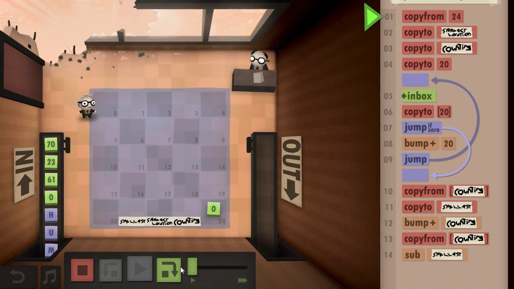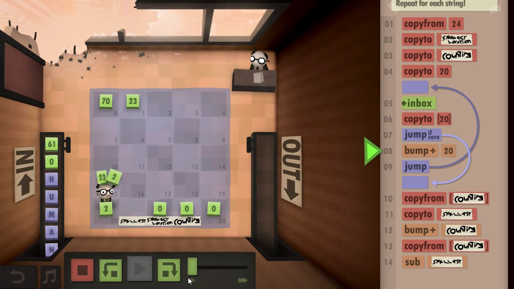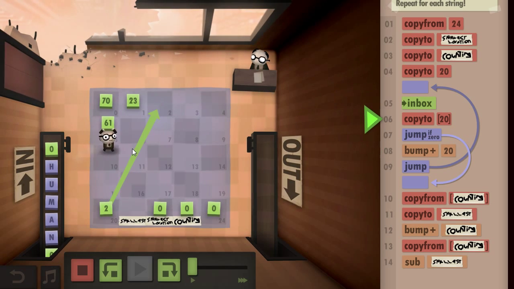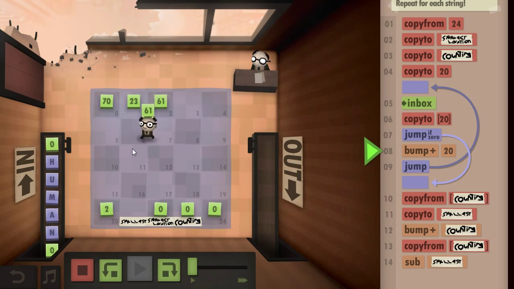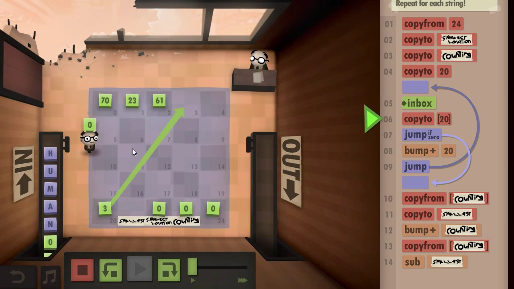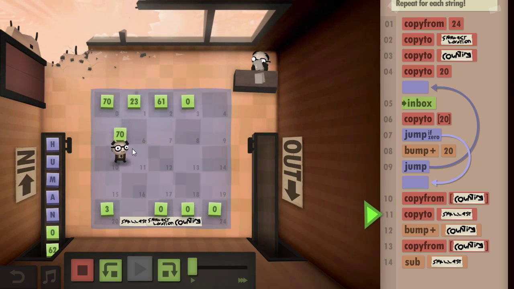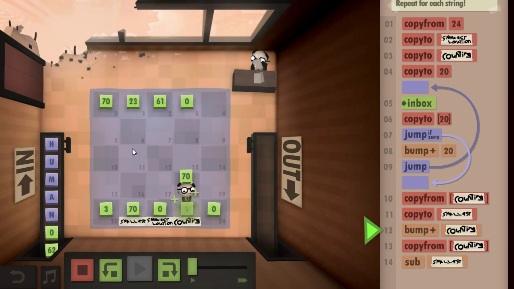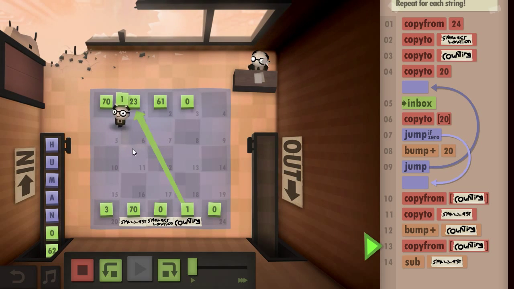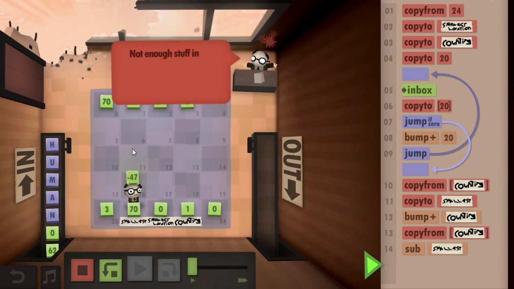Let me see what that gets me. Okay. So after I subtract the second number, so take smallest, counting, take 23, subtract it from,